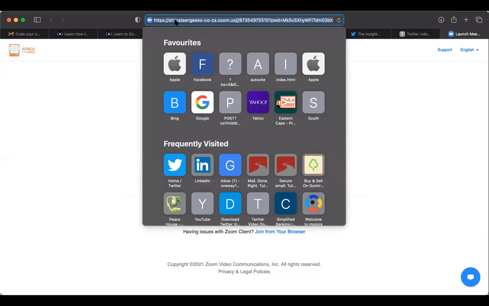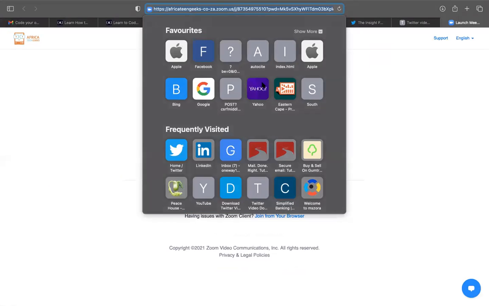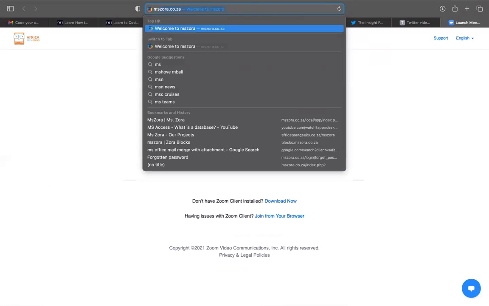So I want you to go, on your computers, to a web browser where you check the internet. Open a web browser, and there you are going to type mszora.co.za.